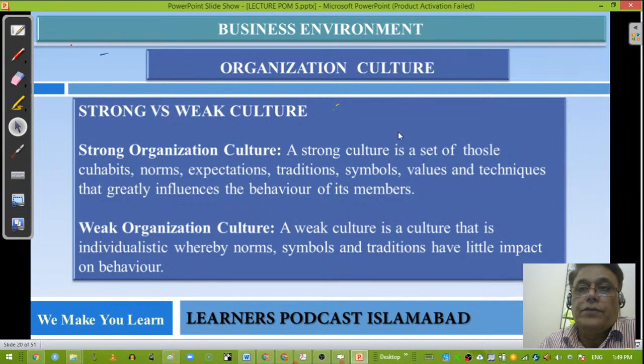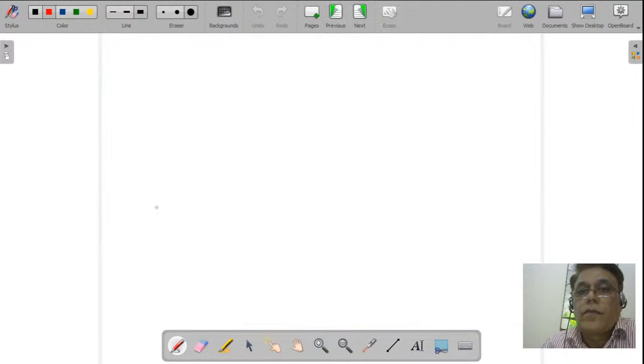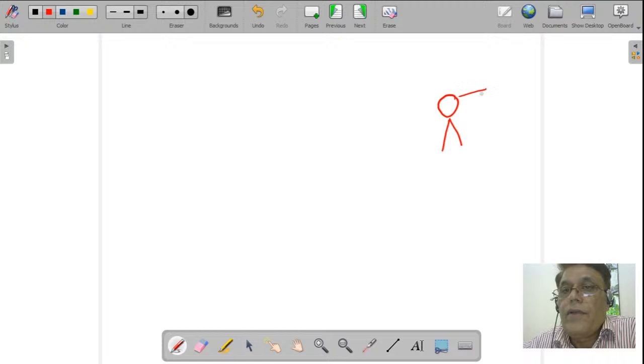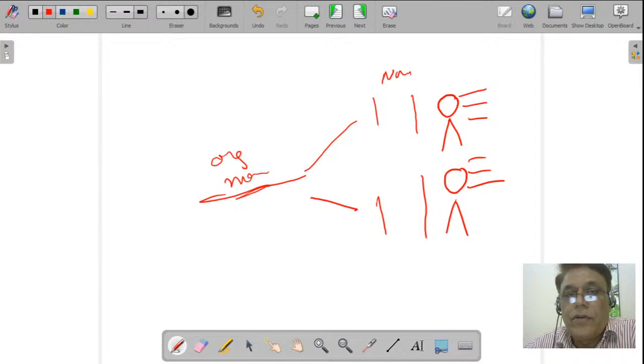suppose in an organization, all these elements of the culture, like the habits and the norms, and there are so many different kinds of norms and habits, because the people come from different backgrounds. They come from different backgrounds, so they display certain norms here. One individual's norms are different from another individual's norms, and when they combine together, they develop the organizational norms, or add up in the organizational culture,